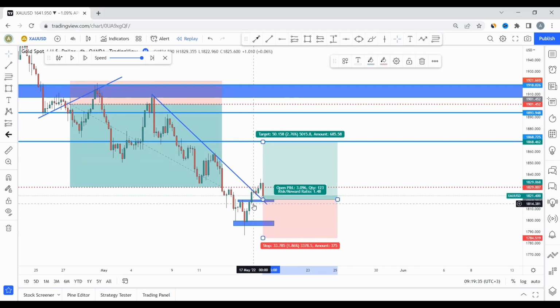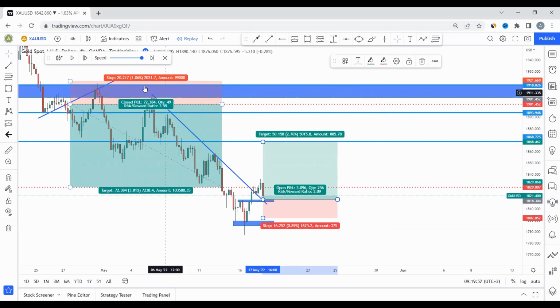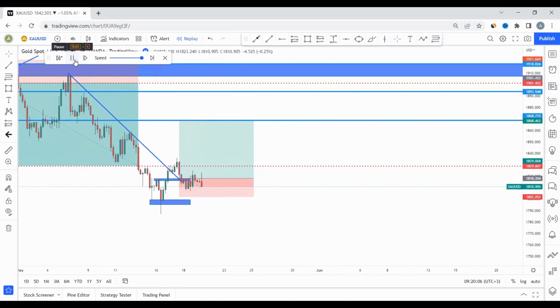And then after an impulse, we know that we're supposed to be going back to retest the Fibonacci retracement levels, right? So I'm just going to set my stop loss below this structure here. There's a structure here, the presence of sellers. So we expect the market not to take us out at least. If it takes us out, it's okay, right? We already have a 1, 2, 3 that we won here, so we have the balance to trade comfortably. Now let's play and we see if we shall win.